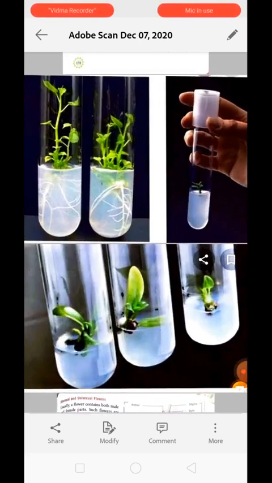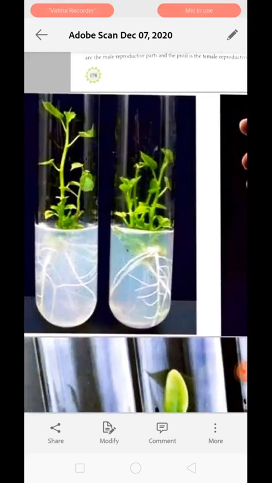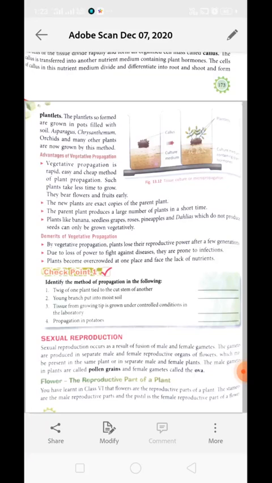Okay, so when we want to have that type of tissue to prepare a callus, it is very important to find those tissue, and they are easy to find. Now the new plants are exact copies of the parent plant, as we have extracted the tissue from the parent plant with better qualities. Those tissues have been grown and give rise to a new plant with the same character. Means if we have extracted the explant from a mango tree,